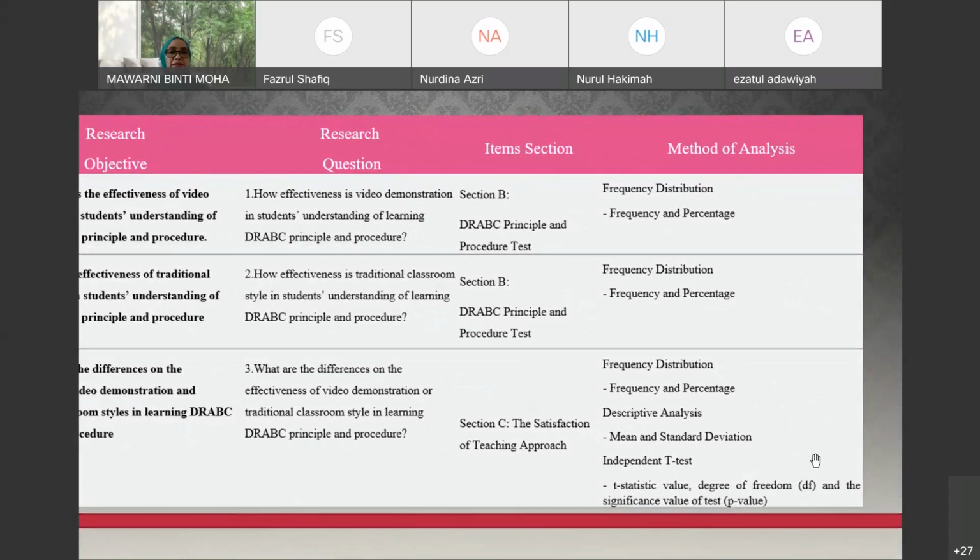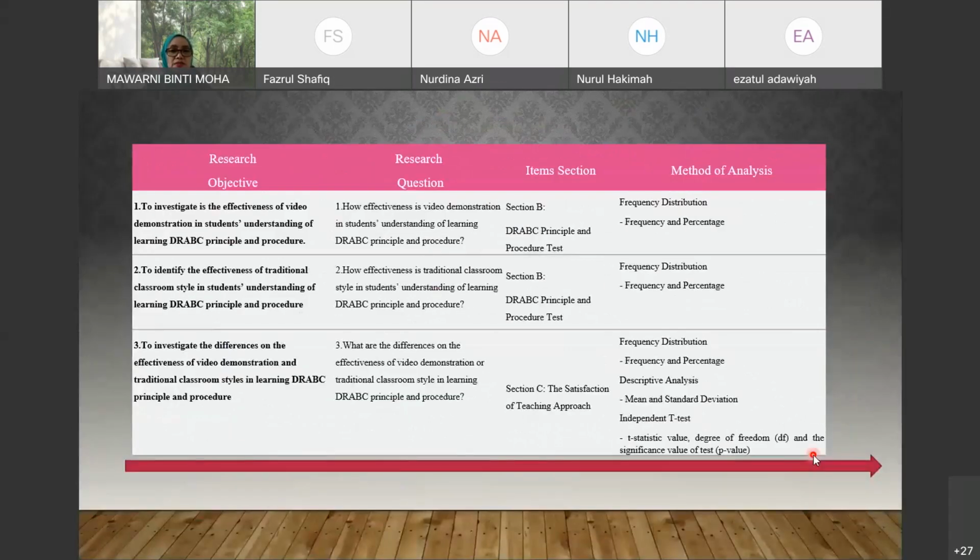And all right, in this section, she used a questionnaire that she put in section C on the satisfaction of the teaching approach, a bit of questionnaire about it. So here, a little bit of mixed method, the manner she used test as well as interview and questionnaire. Okay. Any questions so far? I hope it's very clear.